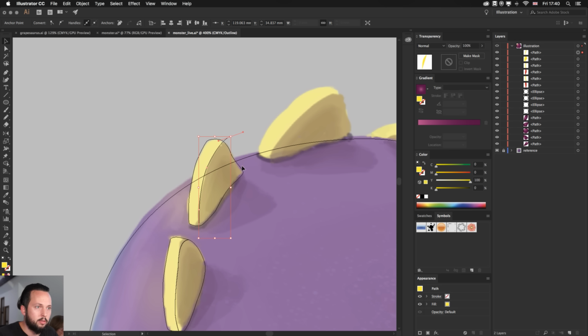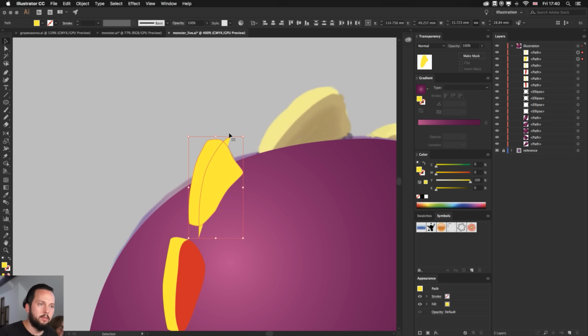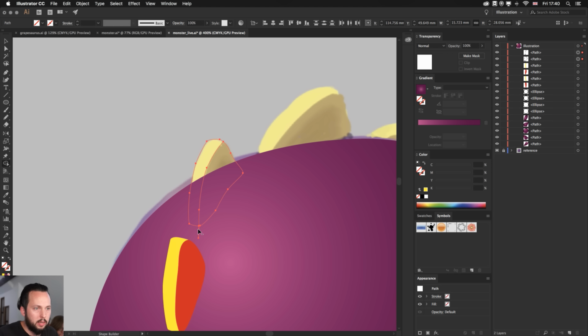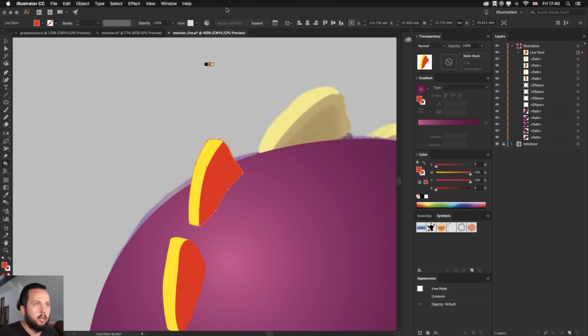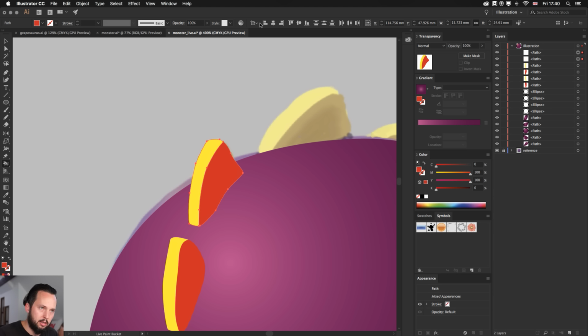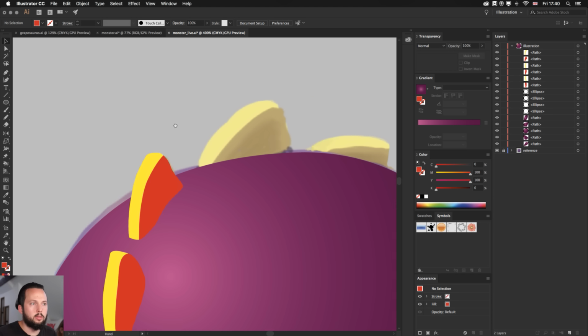So yeah, we have the two shapes ready, and it's easier if I just switch back here. So no fill, no stroke. Use the Shape Builder tool, Alt or Option click to cut off the excess. Then use the Paint Bucket tool, fill in the colors, then expand, ungroup, and that's done as well.